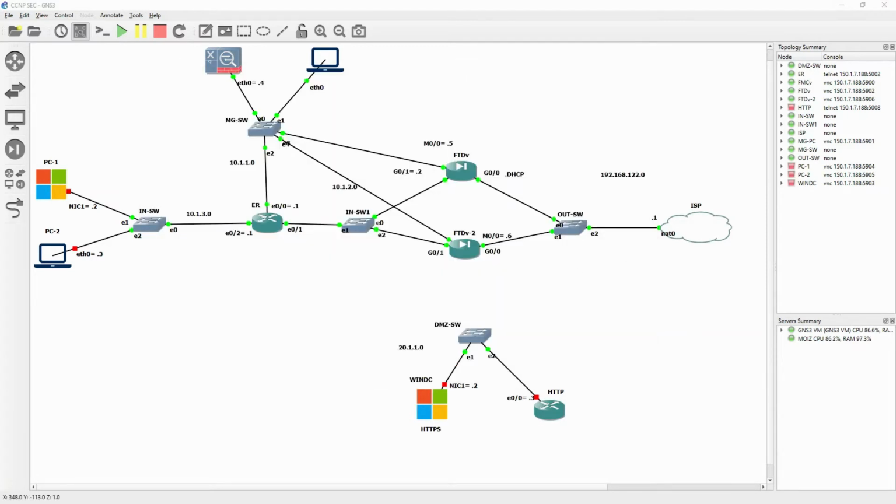And one more thing to note over here is that currently, for my GNS VM, I am using 26 GB of RAM. So 8 GB for my FMC, 8 GB for FTD, and 8 GB for FTD. This becomes 24, and for the remaining I'm only using one router and one PC for my testing. These switches are inbuilt, so nothing to worry about. Including these two, it should be only 256 MB. So I am still left with almost 1.5 GB, but make sure you do have some RAM left for the GNS VM. So I'm using 26 GB for this topology.